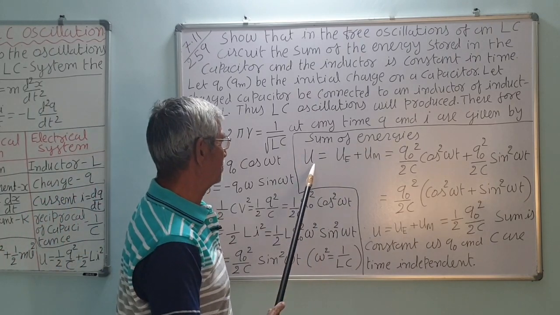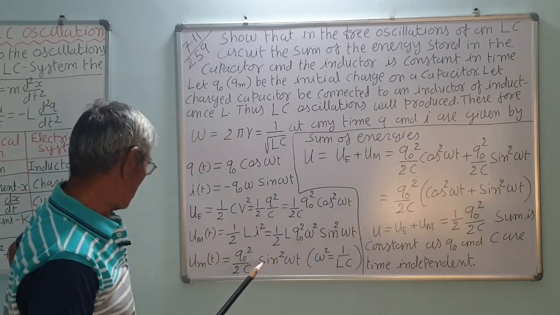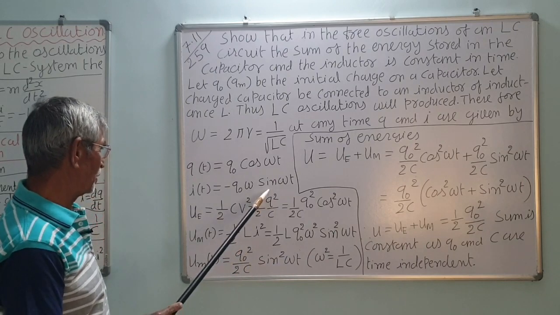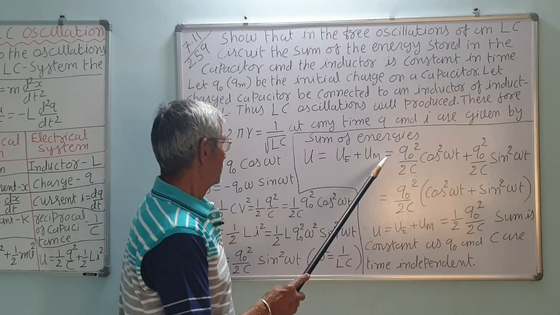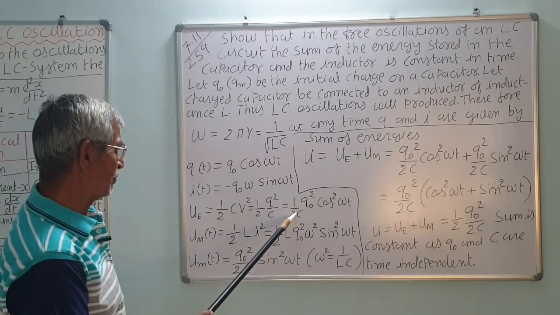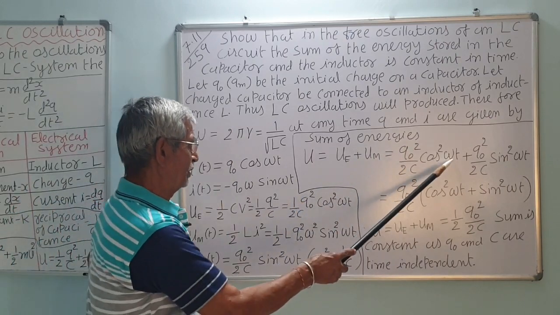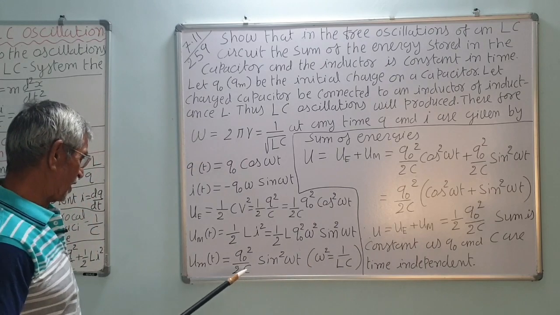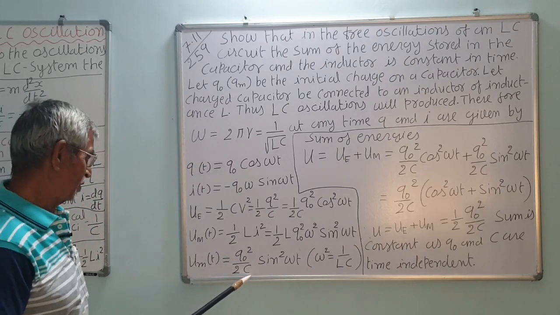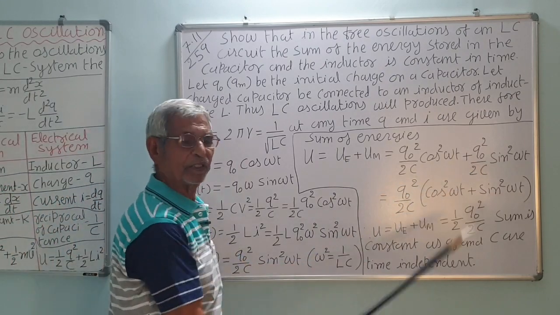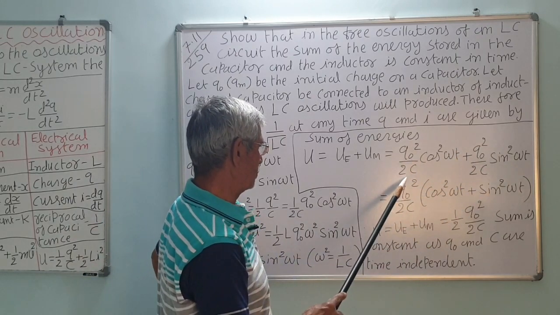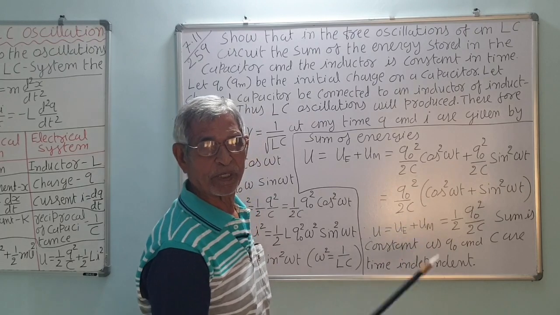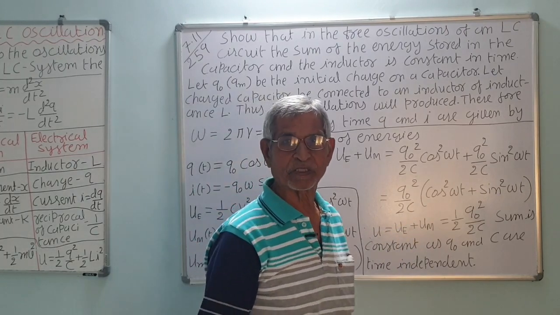The sum of the energy U is equal to, we have taken in the same form in Q and C, because this is electrical energy. The electrical energy is Q0 square upon 2C cos square omega t, and the magnetic energy is Q0 square upon 2C sin square omega t. So this is common: Q0 square upon 2C into bracket cos square omega t plus sin square omega t,